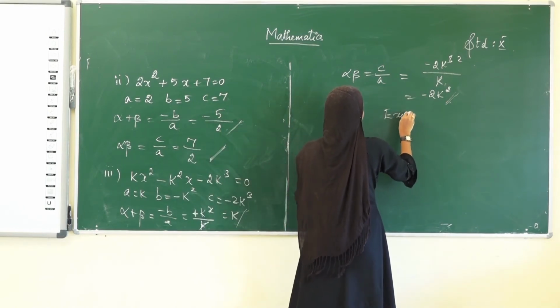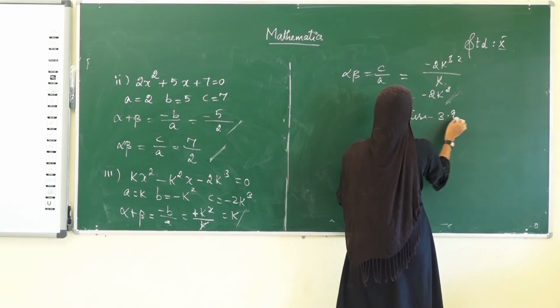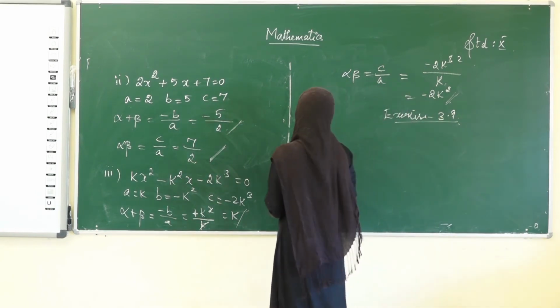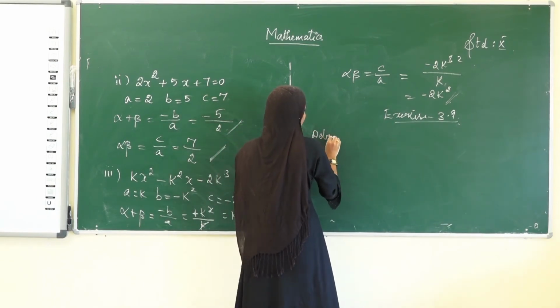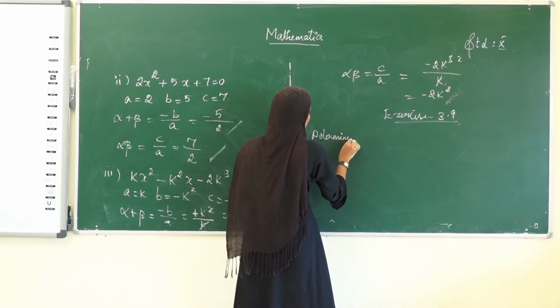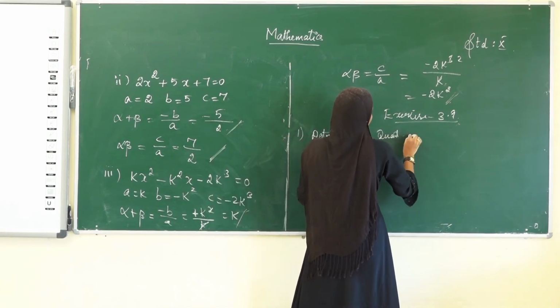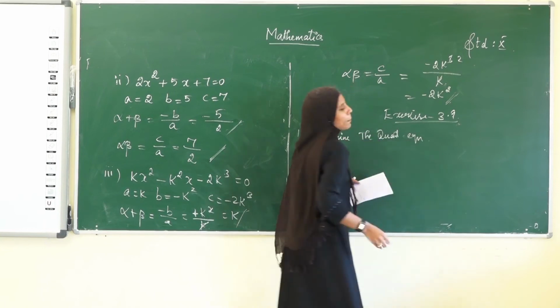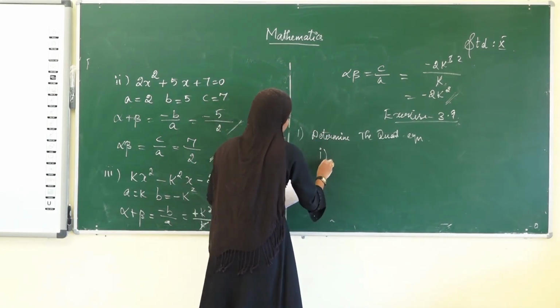Now we are moving on to the exercise following this, exercise number 3.9. Okay, first question, what they have asked us to find: determine the quadratic equation. We have to find the quadratic equation, and they have given the sum and product of the roots. See here, first subdivision,